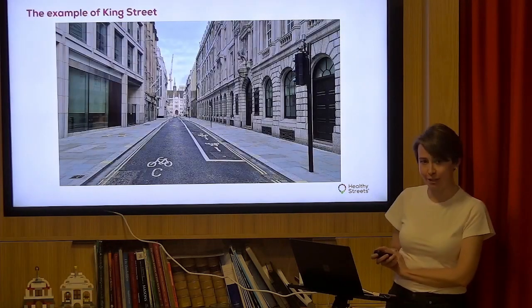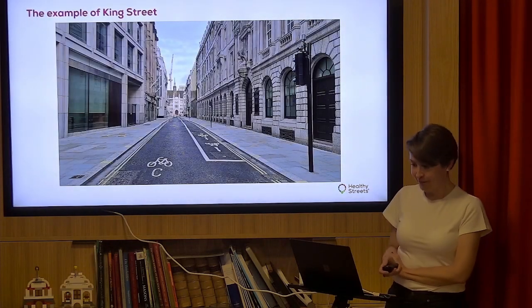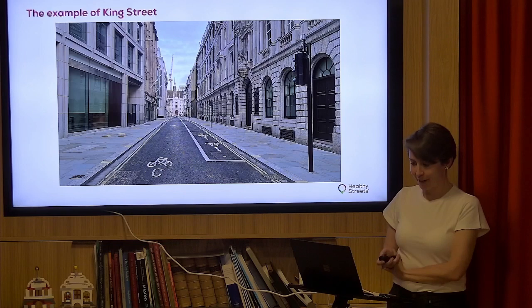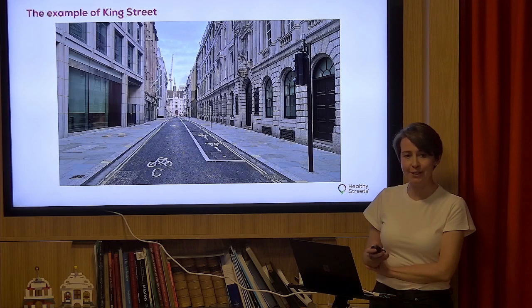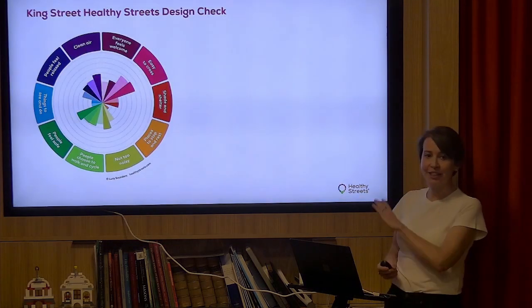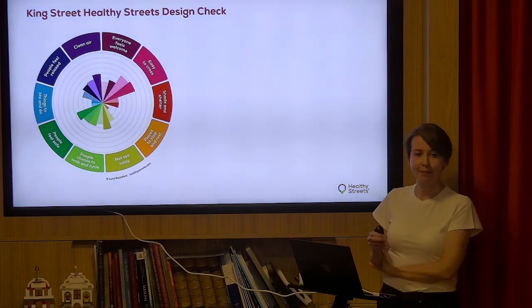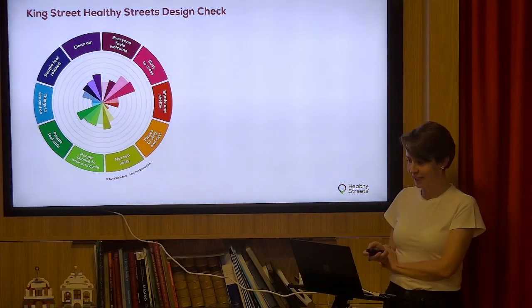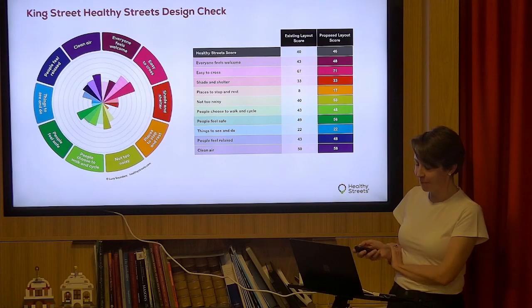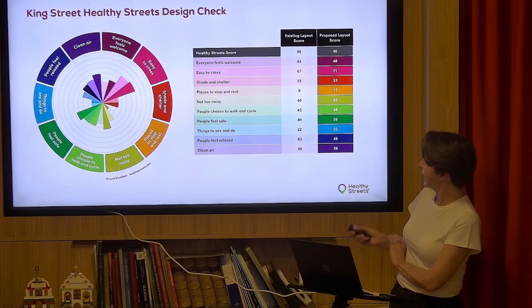This is King Street, which is not too far from here, recently redone by City of London. The results of the design check show you that circular diagram that you saw earlier on with this starburst in the middle, which shows you how much healthier the street is after it's been redesigned. So with this particular street, King Street, it was scoring 40